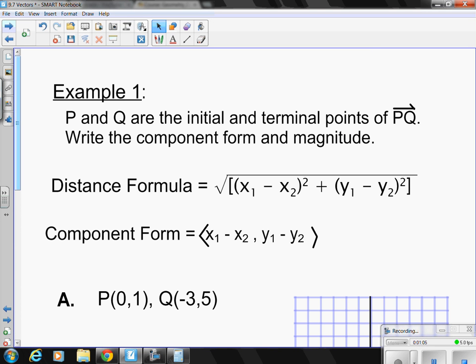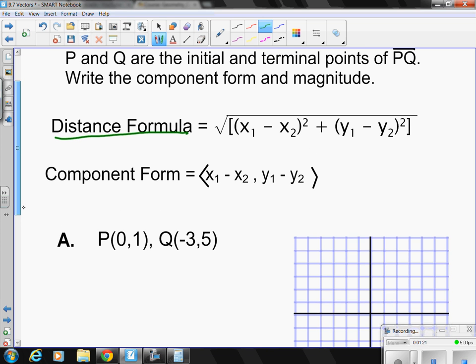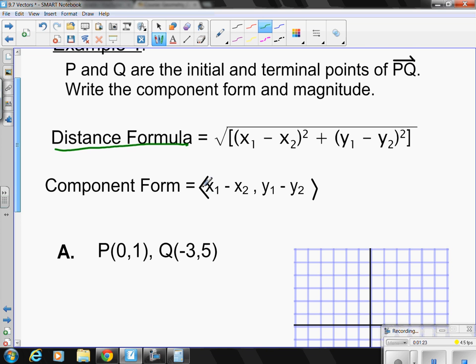So our first example, P and Q are the initial and terminal points of vector PQ. Write the component form and magnitude. So in order to find the magnitude, we can use the distance formula or Pythagorean theorem, whichever one you like. And the component form, we use these angled brackets. And we want to basically find how far it's moving in the x direction, how far it's moving in the